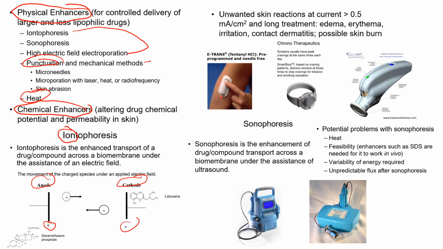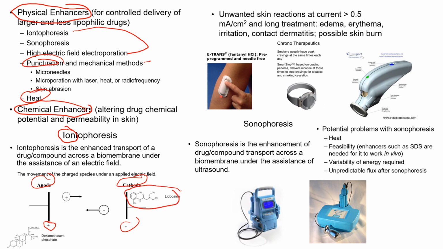So what you usually do when you do iontophoresis is you'll exchange some kind of salt, right, NaCl, through one of the sides, either the cathode or the anode. I'm sure it matters, but I don't think it matters for this, and I didn't take the time to memorize it. And then the drug through the other. So let's say it's a positively charged drug like lidocaine. You could have like lidocaine chloride